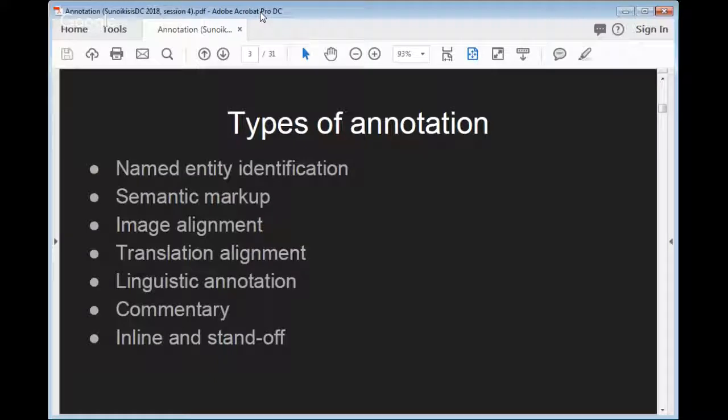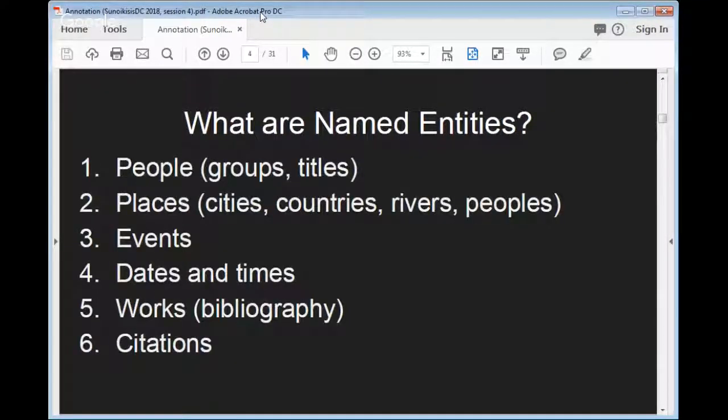So the most obvious and, if you like, easiest type of annotation that we often attach to texts, in addition to commentary, which is the example I just talked about, but the most common kind of annotation is the annotation of named entities. So where a name appears in a text and we want to perhaps disambiguate that.